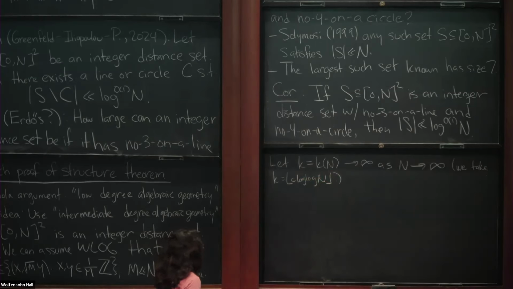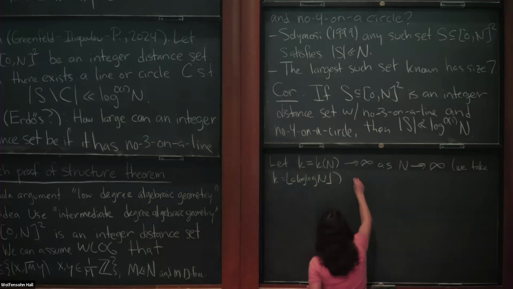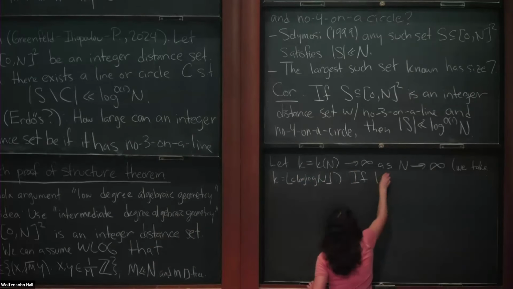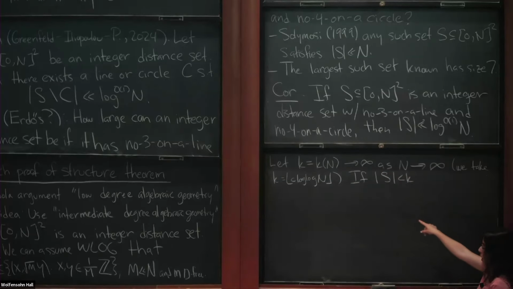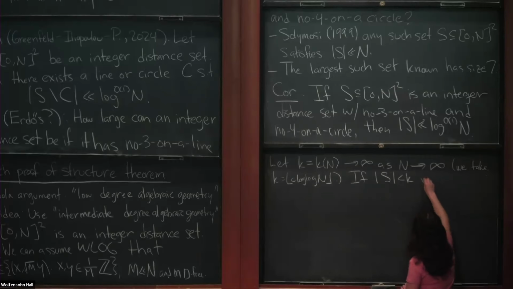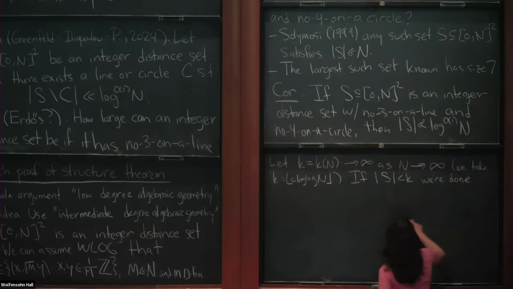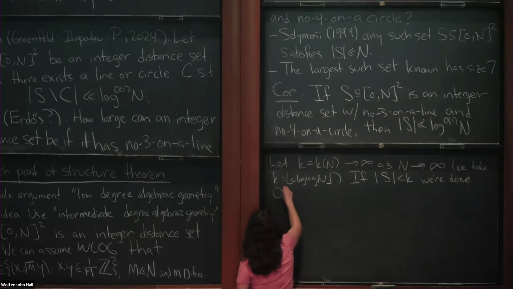I'll say where that comes from later. So first, if S has fewer than K elements, we're just done, because then we get a really good bound on the size of S. Otherwise, if we're in the interesting case,